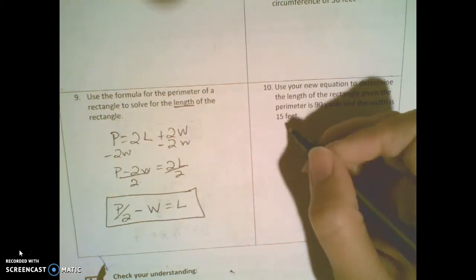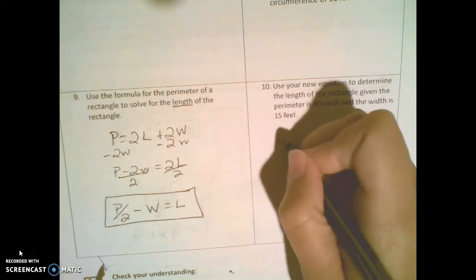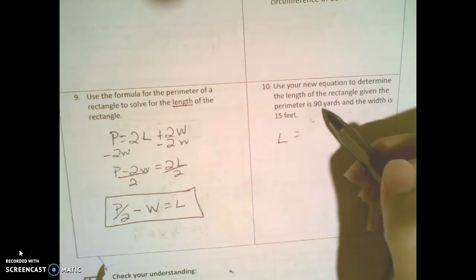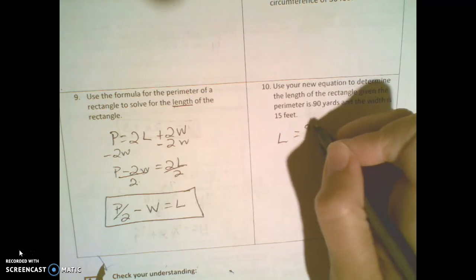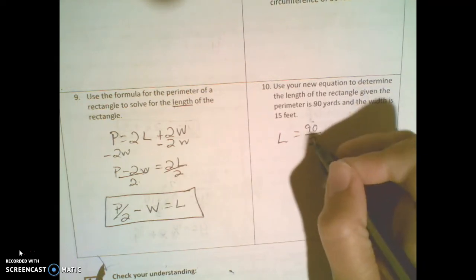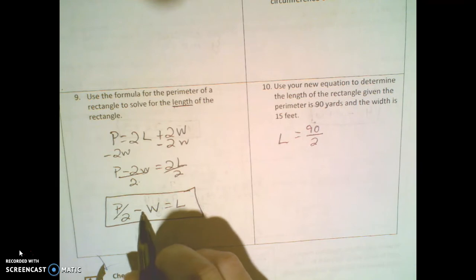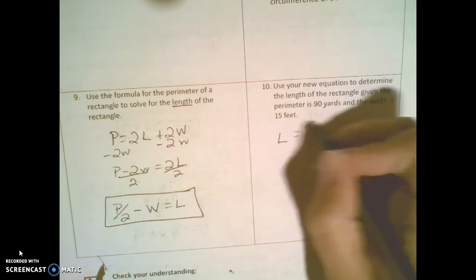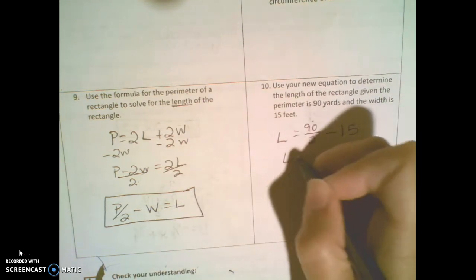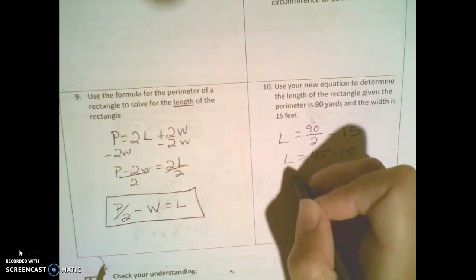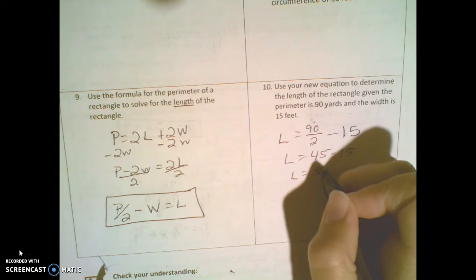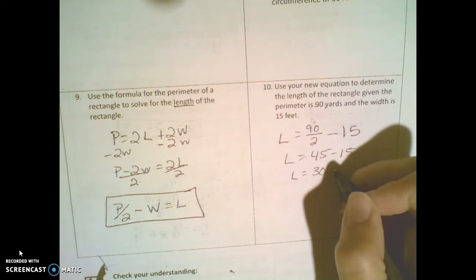And then the last thing we're going to do is substitute it in here. So length equals, the perimeter is 90 yards. So instead of the P from over here, I'm going to put 90 over 2, because that's just what our formula says, minus the width, which is 15. And so 90 divided by 2 is 45, minus 15, and I get L equals 30. Our unit here is